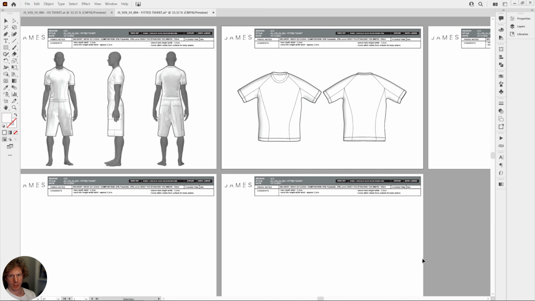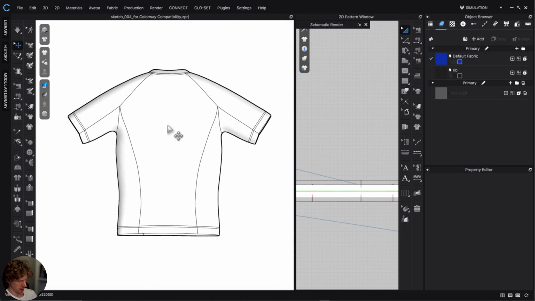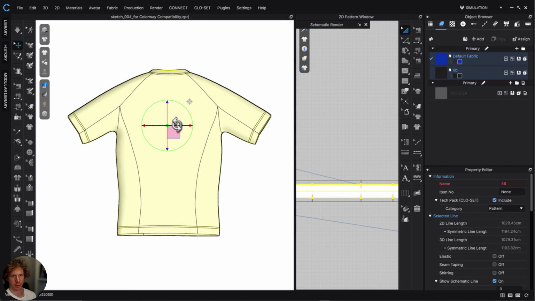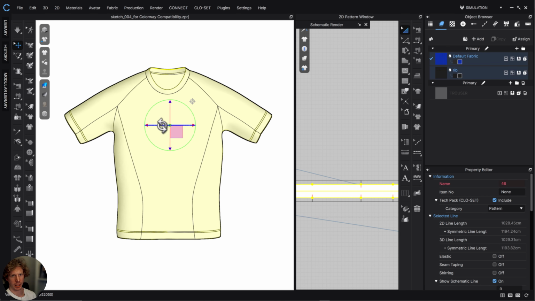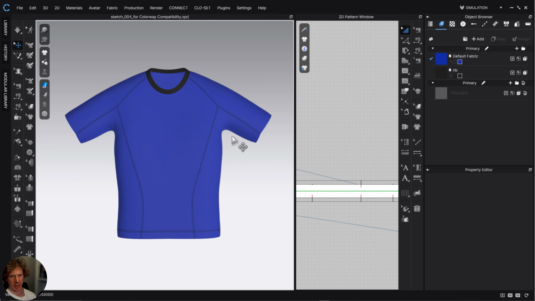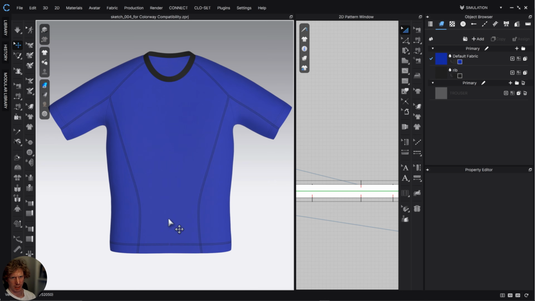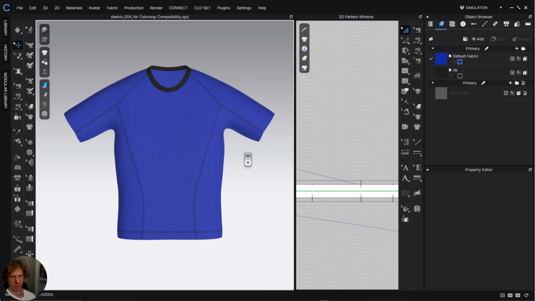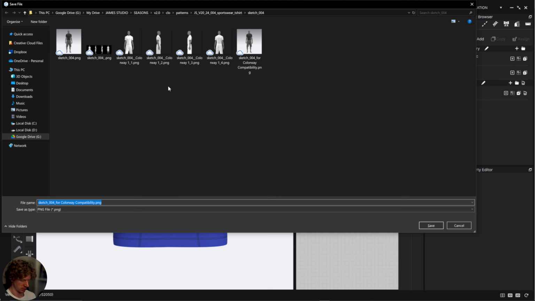Great. The next thing we want to do is export those colorways. So we can go back into Clo. I'm going to select this again. We can just spin this around. And then we'll turn this back onto the regular render view. And this is better because now we can see all the cover stitch details and where and how we want the top stitching to be done. So we can position this again and press F10 on the keyboard one more time and call this